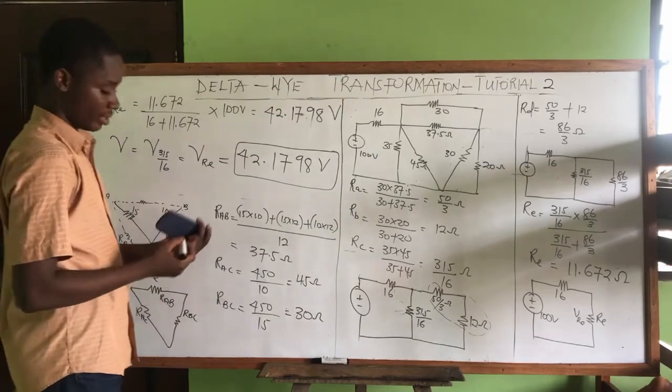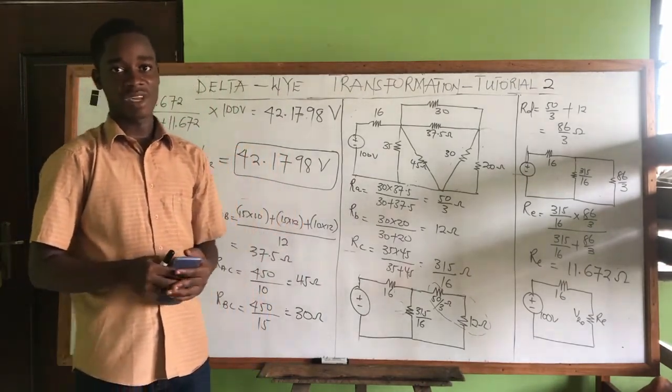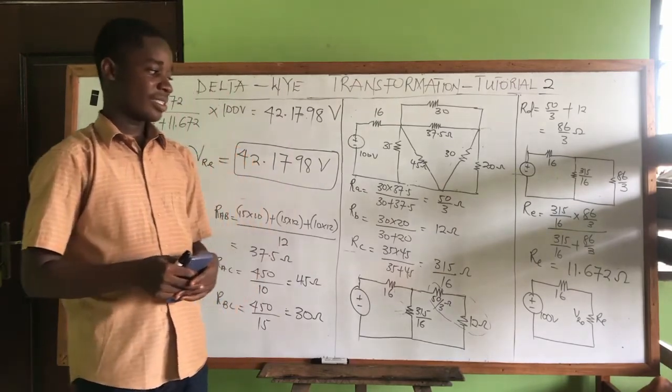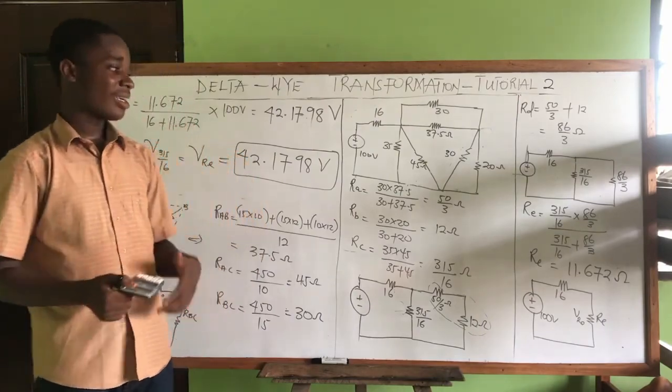So we've used the Y delta transformation to get the voltage across a particular resistor in a given circuit. I believe after watching this video, when you get time, go back and watch it till you